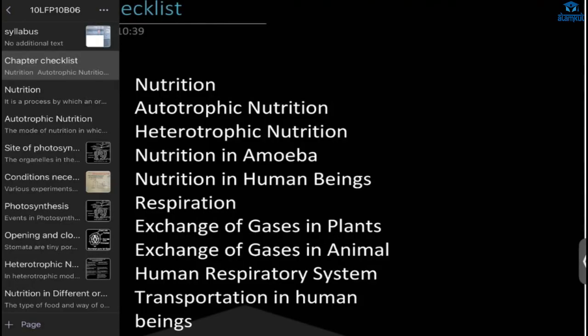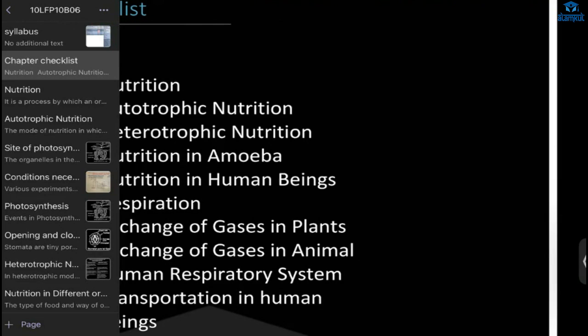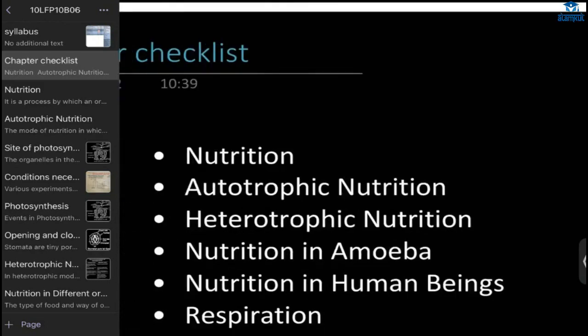Now let's see here, life processes. First question will be this: how do we differentiate between living things and non-living things? There has to be certain criteria, right? You can say this thing is living and this thing is not. So what could be the category?